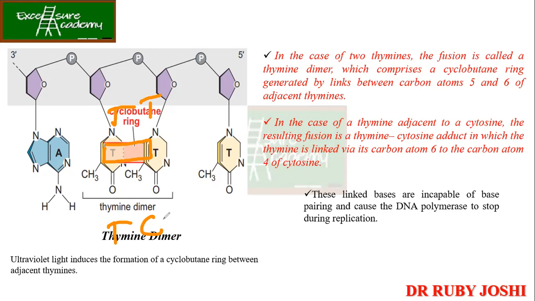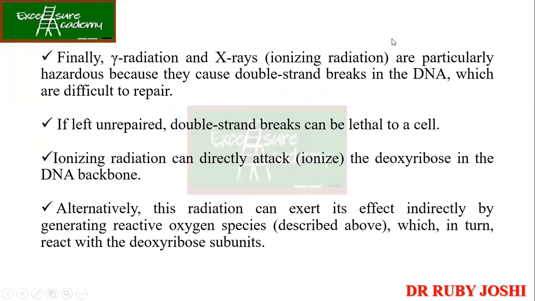And the problem is that ये जो आपका cyclobutane ring के वजह से, because of the formation of this ring, it is not able to base pair now with the adenine. ठीक है, so what will happen? The DNA polymerase will think that there is nothing, it is a gap, तो वो skip कर जाएगा. So it is again a mutation in the case of the DNA structure.